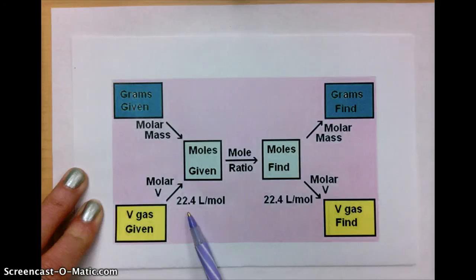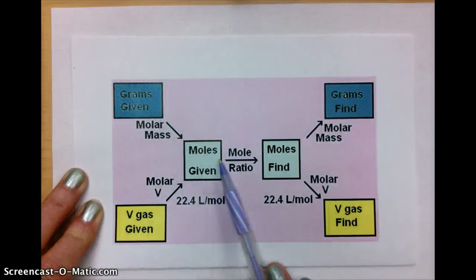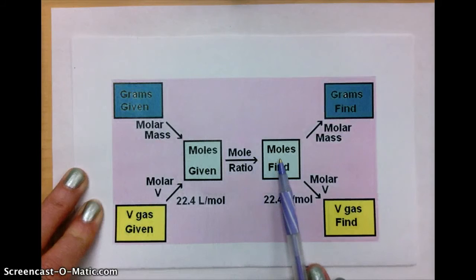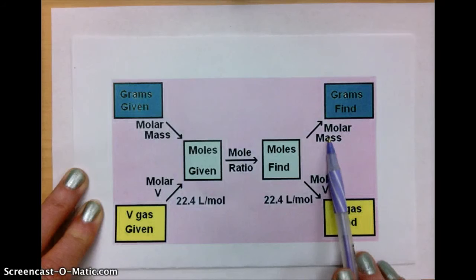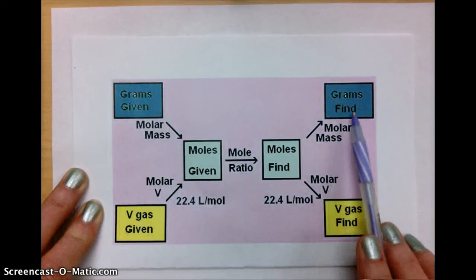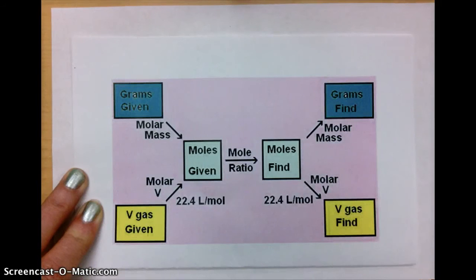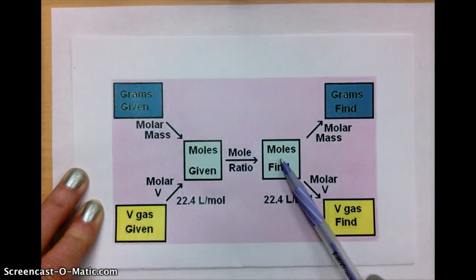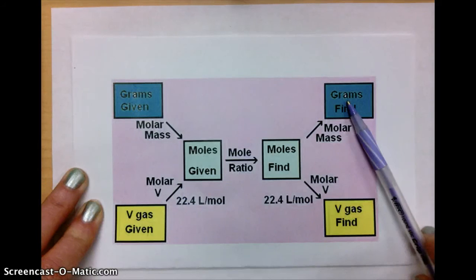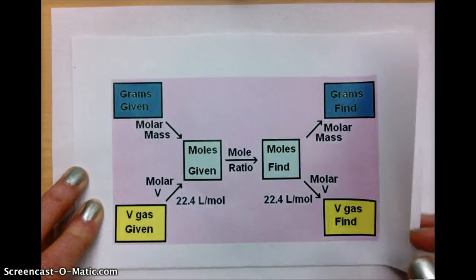per 1 mole. Once we have moles, we will do a mole ratio step that involves the moles in the balanced reaction. From moles, it asks us to find grams of ammonia. So we will be going up here to grams of ammonia using the molar mass of ammonia as our conversion to get our final answer. So again, we are going to start down here with liters of a gas, convert to moles, and convert to grams. So this will be a 3-step typical stoichiometry problem.